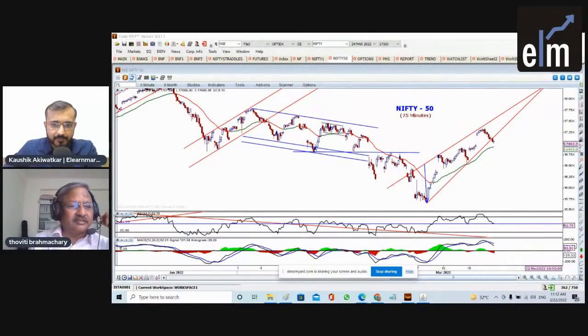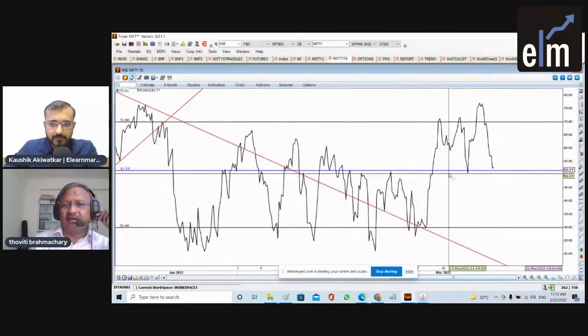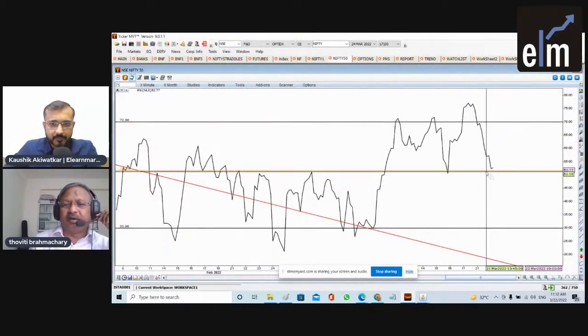And one more thing is this RSI. Look at this RSI, where it has formed a base here around the 50 level. Once it breaks, once it breaks, it